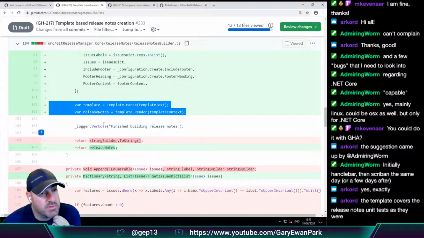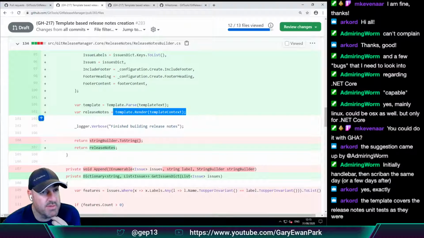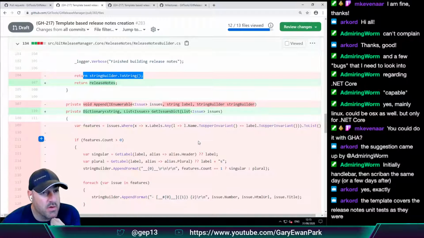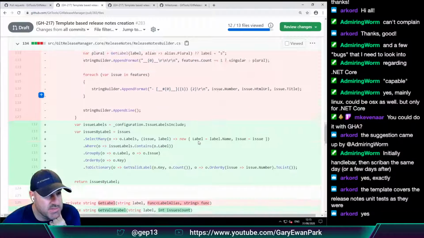What we're returning from there is the rendered template with that context, rather than the string builder.build. So all of that part makes sense to me so far.